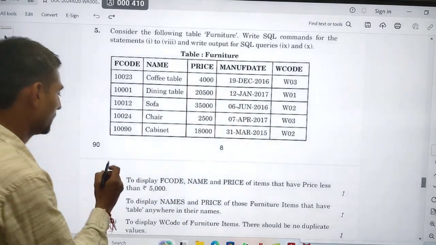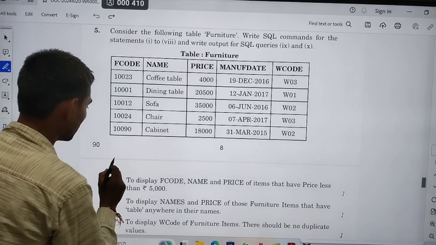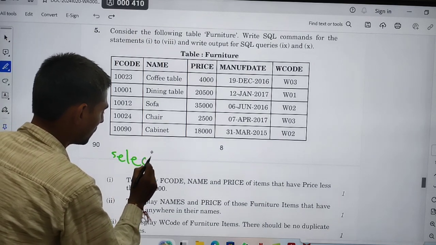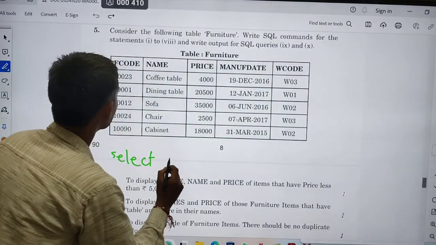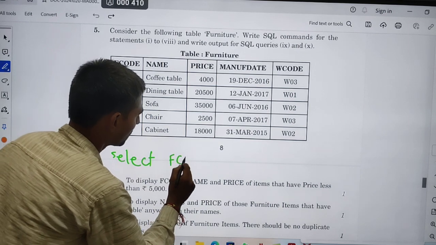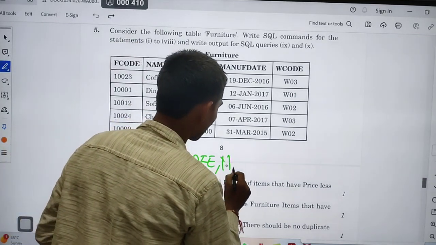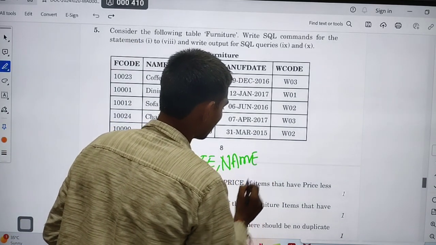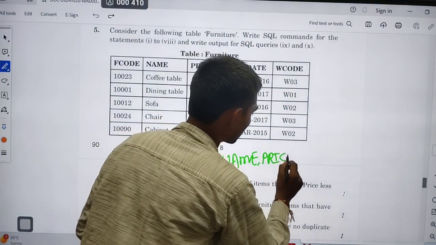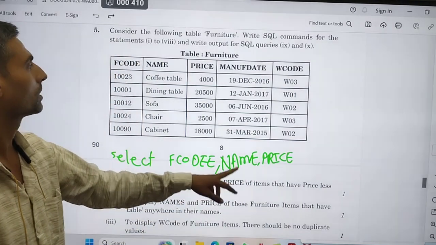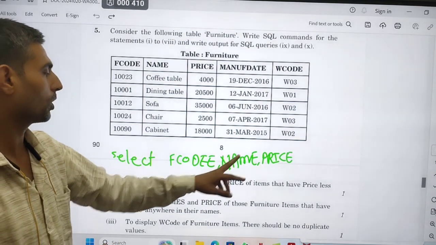For that I will write select F code, column name is F code, comma name, comma price. So I have written select F code, name, comma price.